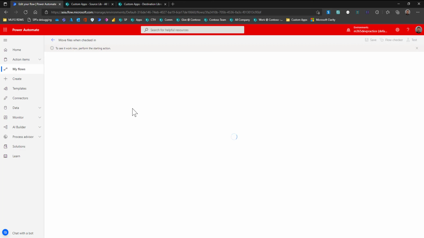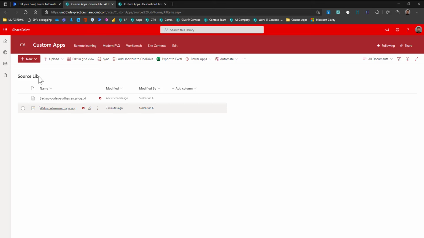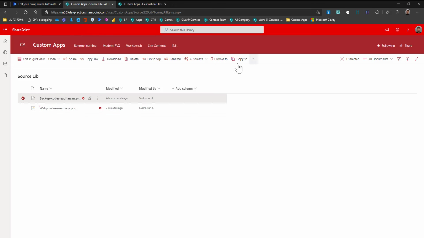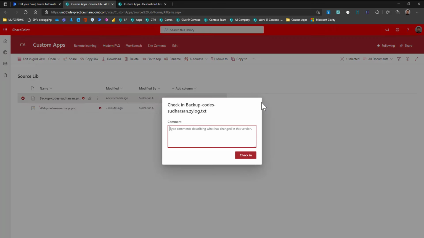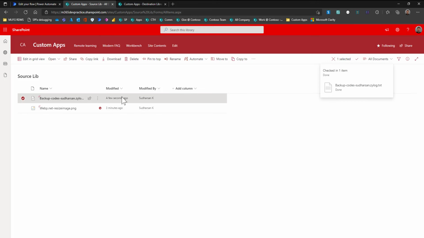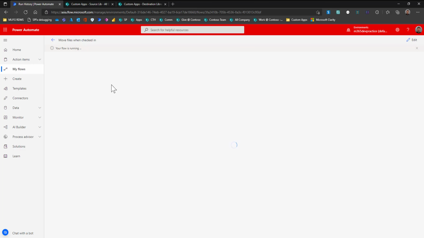So you can wait as long as you like, it won't execute the flow. Now if I try to check in this file, it is checked in, and now if you come here, it started executing because the checked in status is true. Now the flow is executed.